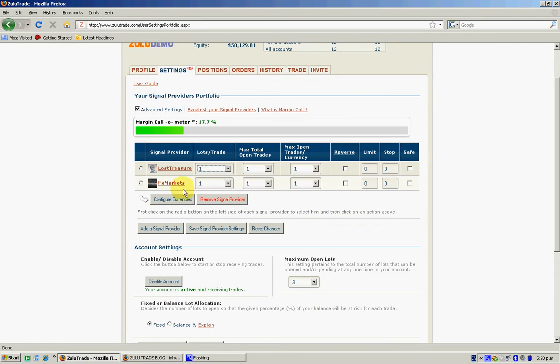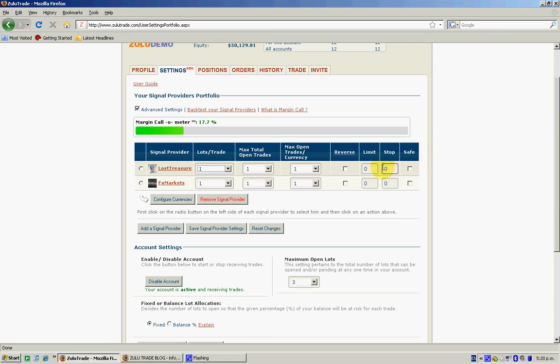One thing I do like about FX Markets is that they're expert at just trading one currency, and they stick to that as well, which is quite a good sign for a signal provider, because then they become an expert in that area. Also down the end here in the advanced settings, which you can click here to open up more fields,